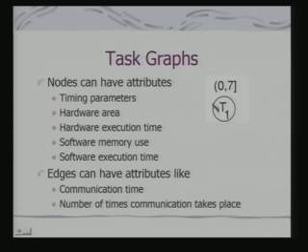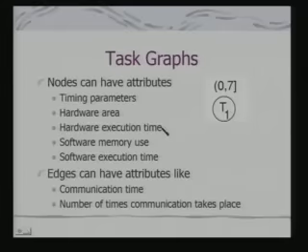Now, if we are talking in terms of mapping of these task graphs into hardware elements, there can be other attributes which may become relevant. Hardware area: if you are designing an ASIC, what area is required? This may be measured in terms of the total number of gates required. Gates would translate to the number of transistors. The integration technology that you are using will give you the total hardware area that may be required for implementation of a node in hardware.